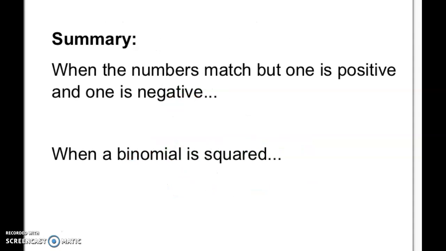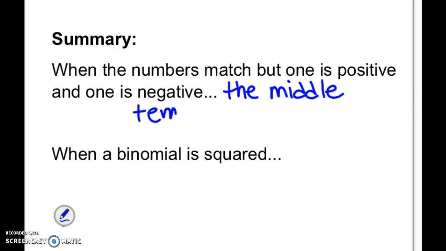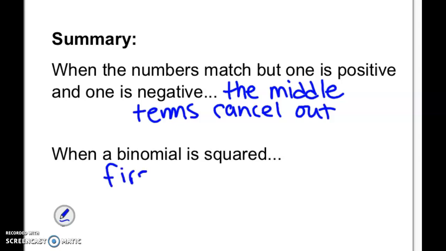To summarize, when the numbers match, but one is positive and one is negative, the middle terms cancel out. And when a binomial is squared, first rewrite as two sets